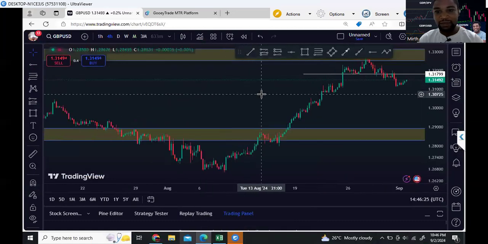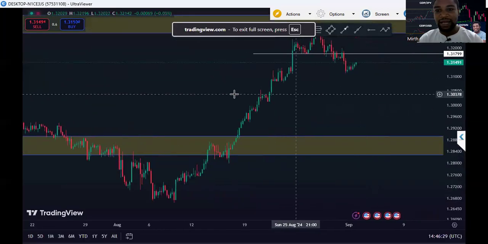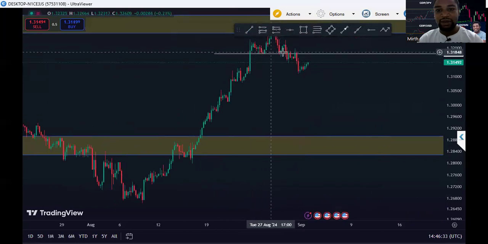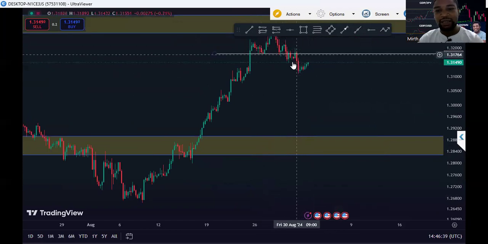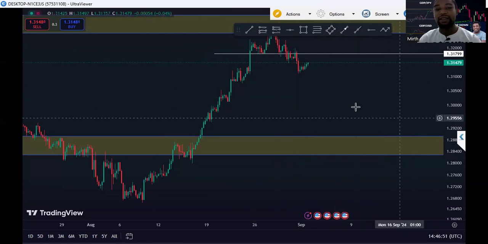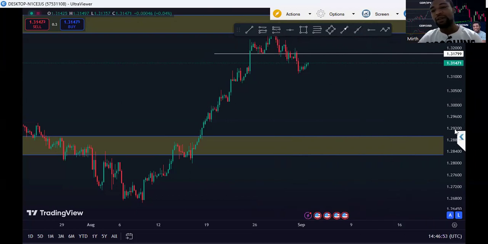When I come back down to my 4-hour time frame, you can see that the horizontal line I've drawn here is somehow matching with the neckline at this area. Although this market has tested this neckline already in this area, just to be sure where the market is going to reverse from, because I've seen scenarios whereby it's